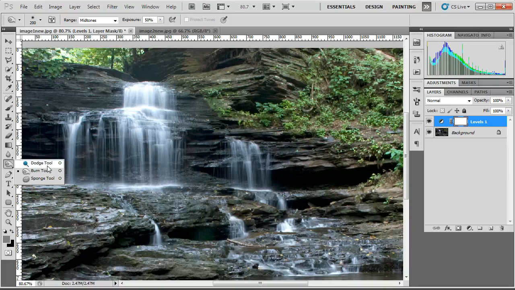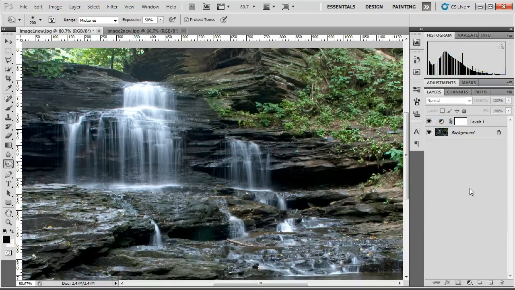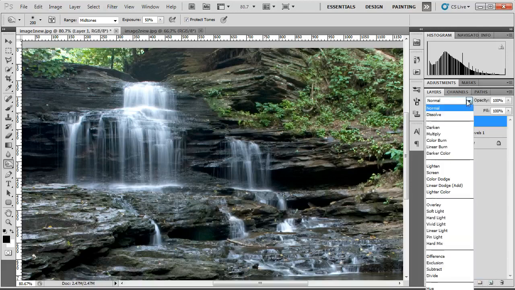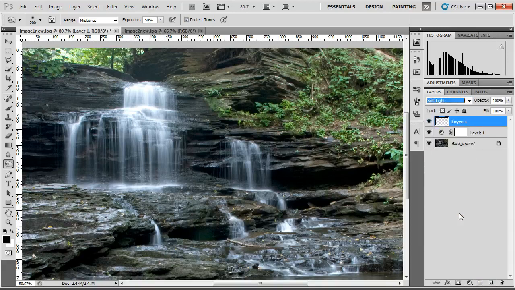So I'm going to use a different technique. I'm going to actually use a technique which I find very interesting. It's very, very easy. I'm going to make a new layer. I'm going to set the layer blend mode to soft light. Now, if I want something darker, I'm going to paint over it with a normal brush. So I'm going to grab a brush, make it the size that best fits my